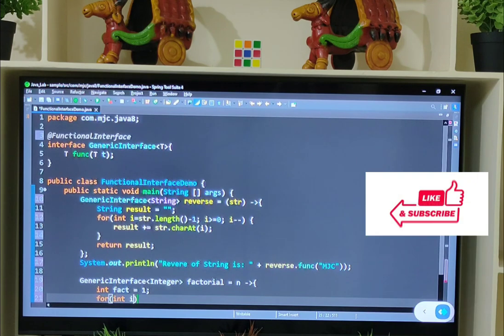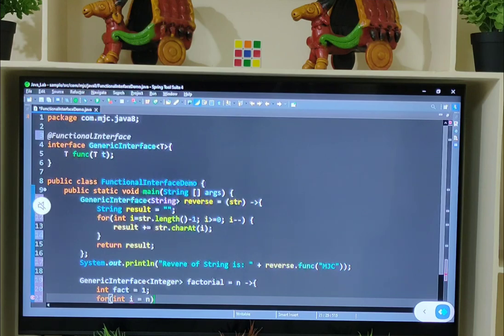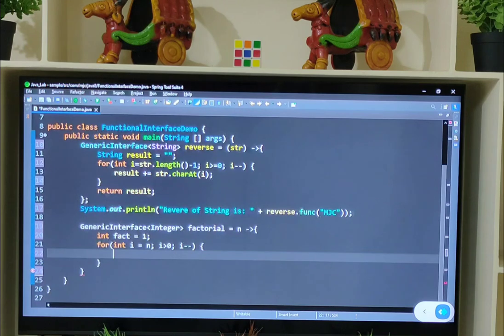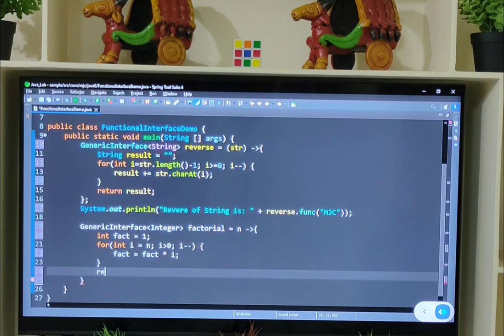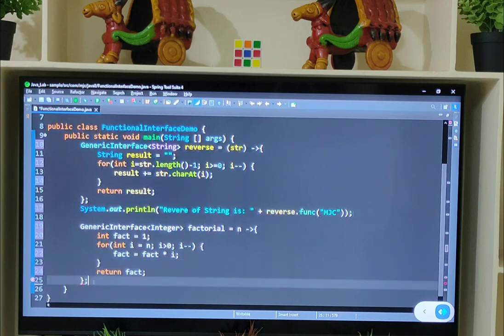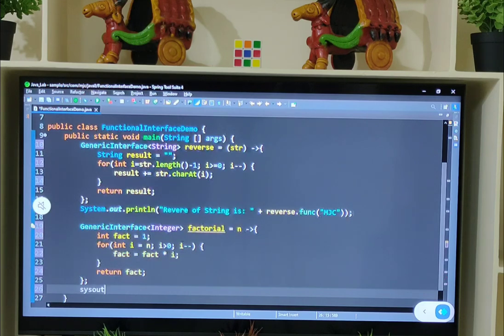For int i is equal to n; i greater than 0; i minus minus. And next one is fact is equal to fact into i, return fact. So you can call this functionality wherever you need.